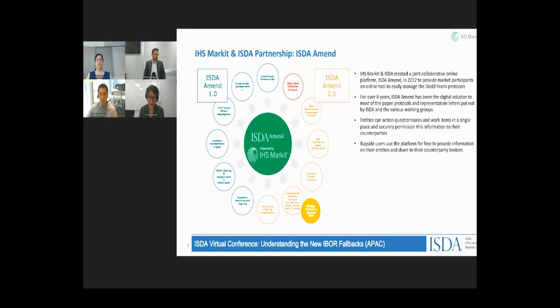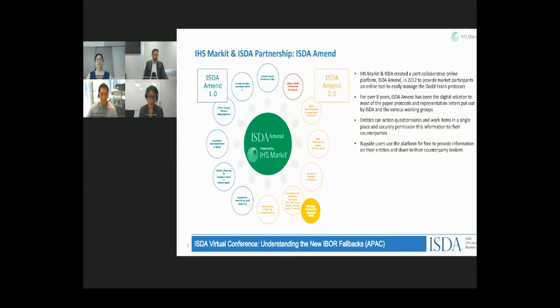And the type of adherence, as Iping mentioned earlier, would determine the work item that you'll have on this platform to complete. And then secondly, you just complete the list of your entities or your clients for protocol. So for option 1, and then the same again for option 2. And both of these are independent of each other. And one of the main important items here is really the same process across all your other regulations. So if you're already using ISDA Amend, your entity list, your clients list and information is already available through other regulations that you can just apply very simply.